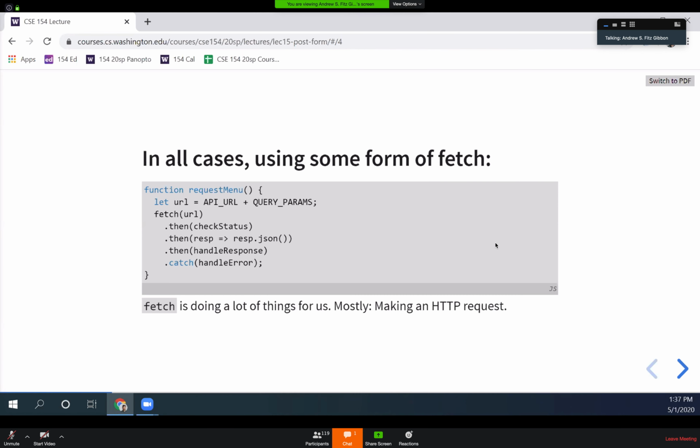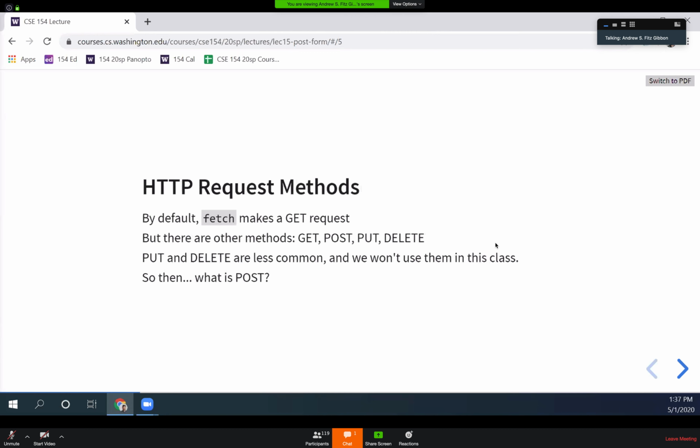And fetch behind the scenes is doing a lot of things for us and a lot of things on our behalf. But mostly, it is making an HTTP request to that particular URL. And when we do an HTTP request, there's a couple of different, what we call methods that we could potentially give it. By default, we use a get method. And all that's saying is, it's basically just saying, issue the same request that I might issue by typing in